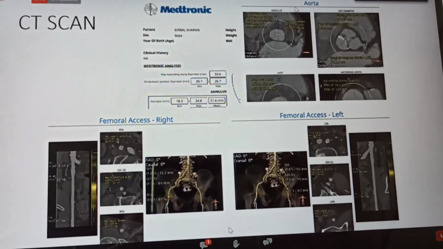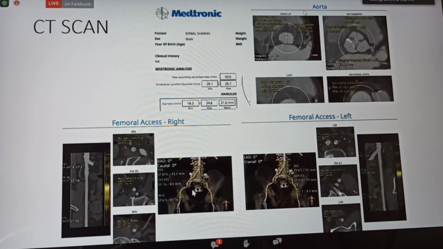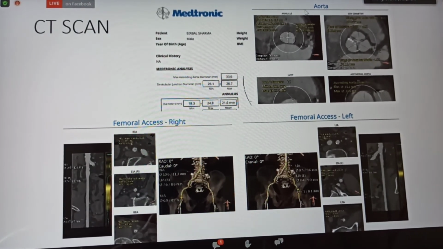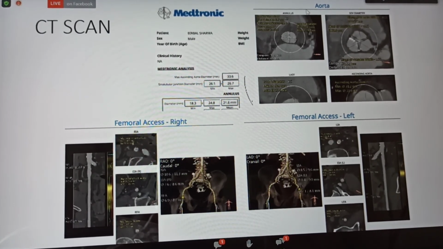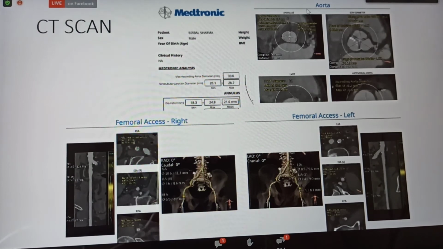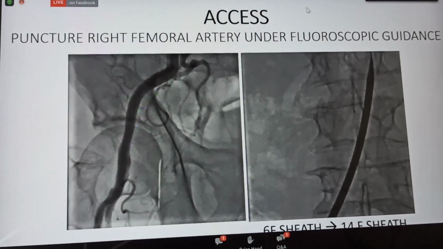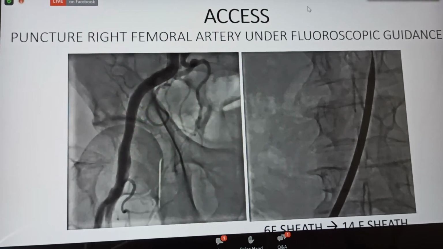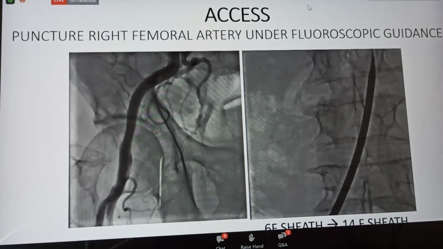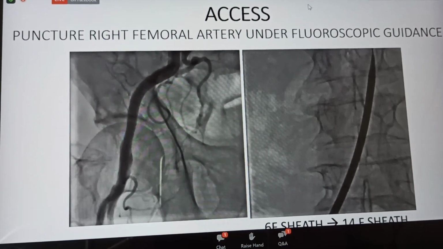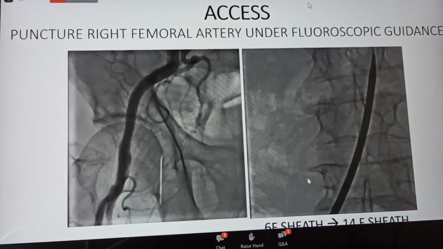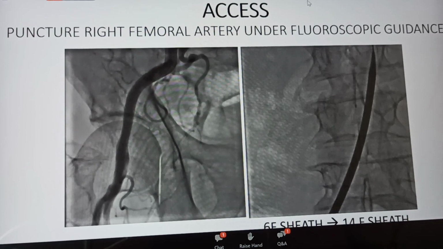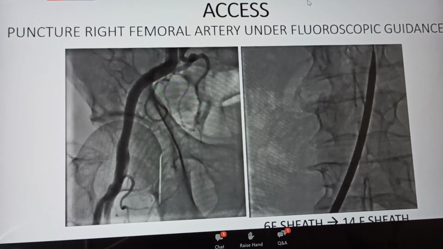Femoral artery, yes. The commonest approach is through the femorals, and in case the femorals are not approachable, then we look for an alternate approach, and that could be the subclavian on the left side or the carotid on the left side, and so on. Alright, here is the right femoral artery. This artery is punctured against the background of the hip joint, the ball of the femur, so that we have proper hemostasis. We start with a 6 French sheath, then go to a 9 French sheath, and then finally a 14 French sheath, and we use percutaneous sutures, so we don't have